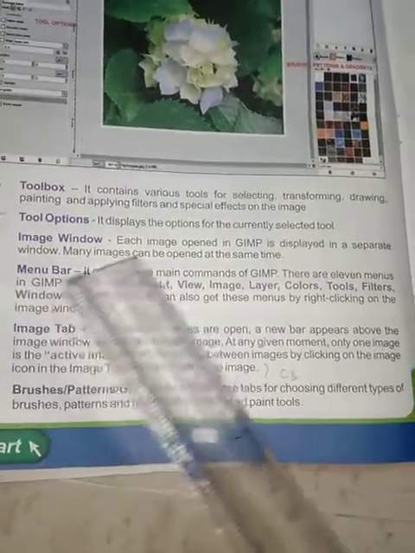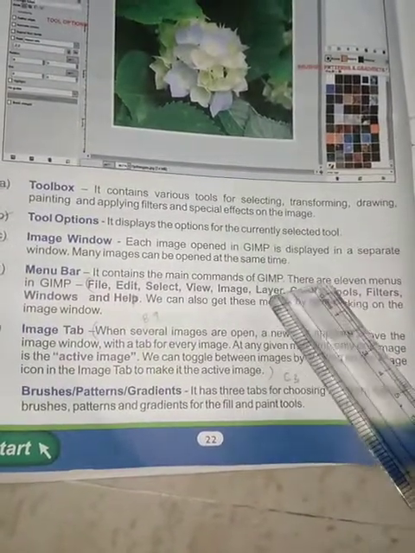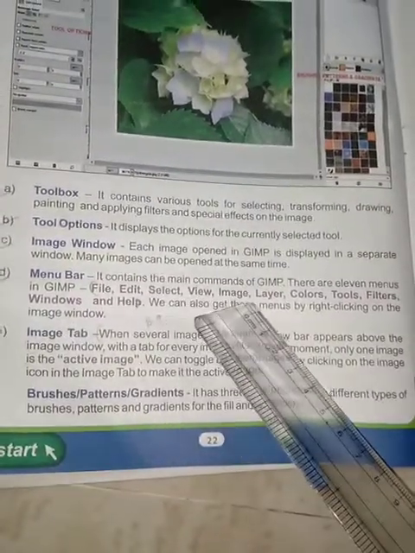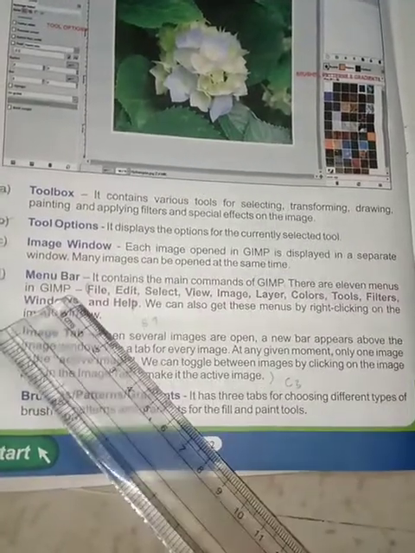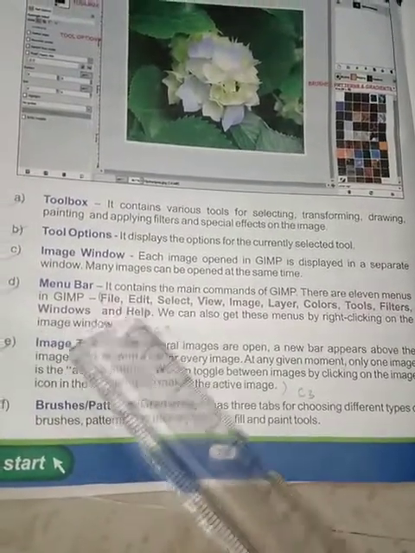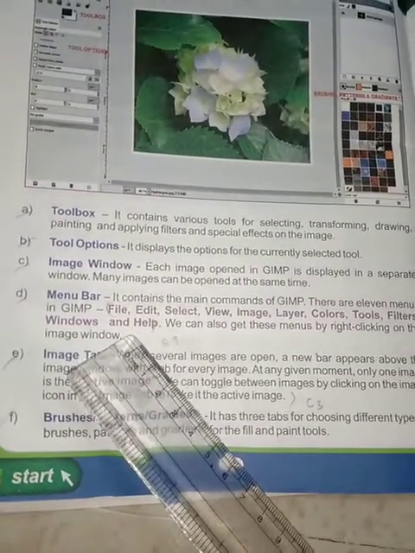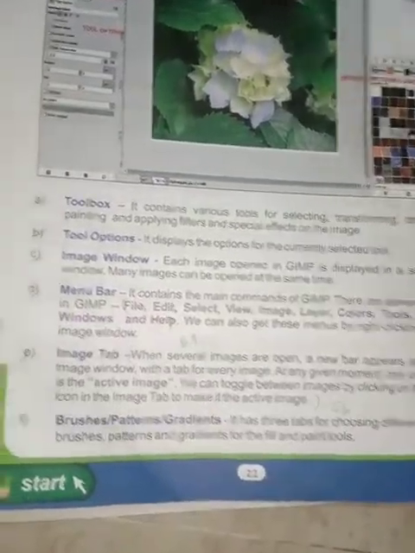Next, menu bar. It contains the main commands of GIMP. There are 11 menus in GIMP: file, edit, select, view, image, layer, colors, tools, filters, windows, and help. These are the menus available in your menu bar. We can also get these menus by right clicking on the image window.